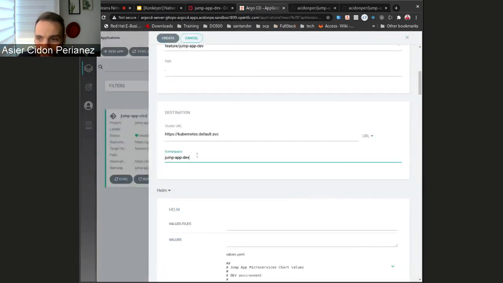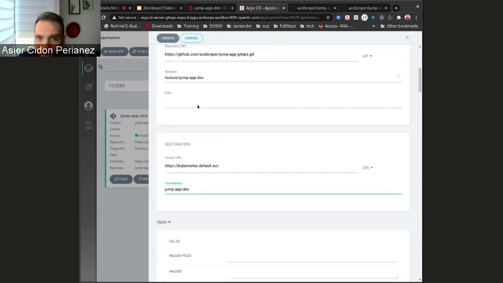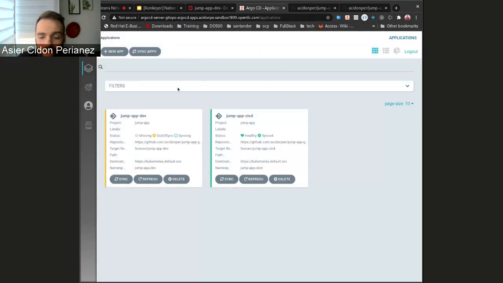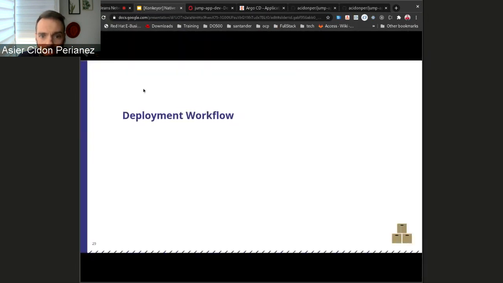Well, when we have all fields filled, we can create the application, and automatically Argo CD downloads the application code and applies these objects in Kubernetes. Okay, back to the presentation. Sorry,